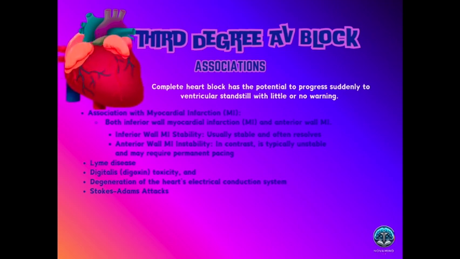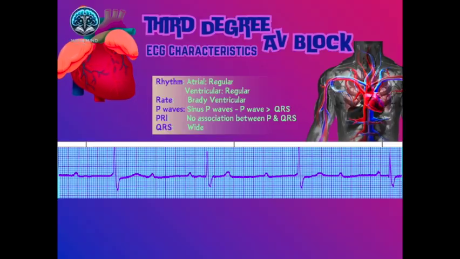Other causes include Lyme disease, digitoxicity, age-related or other forms of degeneration of the heart's electrical conduction system, and Stokes-Adams attack, inexplicable sudden episodes of fainting associated with complete heart block that result from temporary lack of blood flow to the brain because of the block. The ECG characteristics of a third degree heart block include, starting with the rhythm,